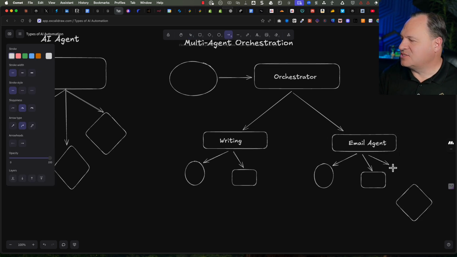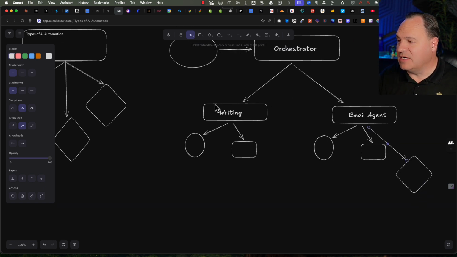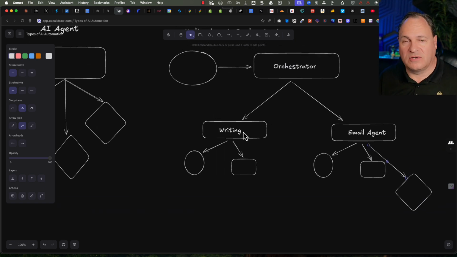So this is starting to get a little complicated, but let me walk you through it just so you can see it in action. Here, you would put in an input. In my case, maybe I want it to do a couple things. I want it to write me an article and then email it to myself or email it to someone else. And I just send that information here over to this orchestrator agent. The orchestrator looks at that and says, well, we got to do some things. First thing we need to do is we actually need to write the article. So it reaches down to the writer and says, hey, write me an article on this content.